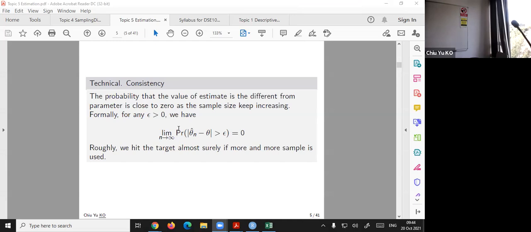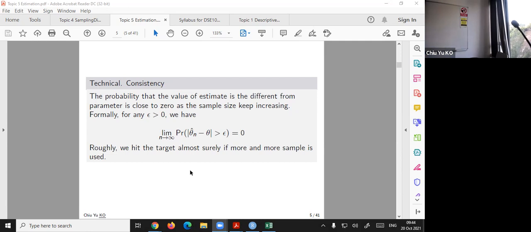Because this, you cannot know it before you realize, so you have to use probability. That is why I have a limit and probability, but we're not going to forget about this statement, just saying that the difference of the estimate and the parameter will be as close as you want. Why do I want to mention this? Because this is a very useful property when you study more